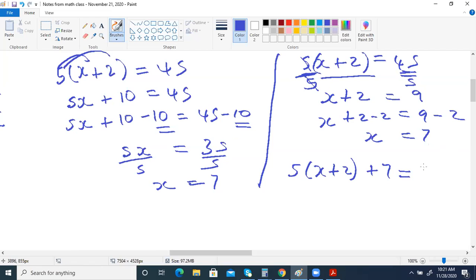Maybe I can put 47. Yeah. Right? My concern is that there's something like this, and you attempt to divide this by 5, divide this by